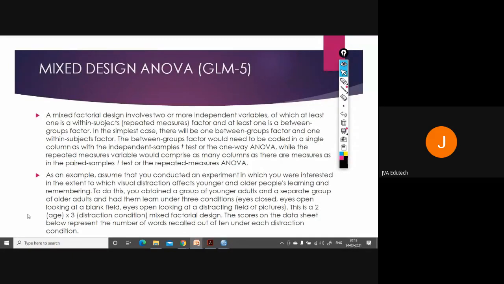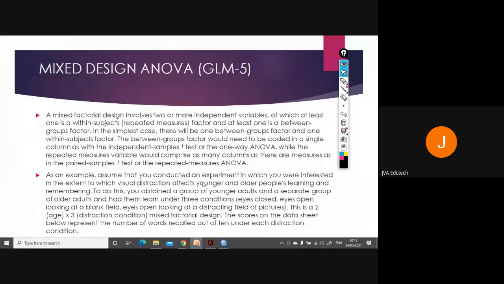So let's take an example. Assume that you conducted an experiment in which you were interested in the extent to which visual distraction affects younger and older people's learning.